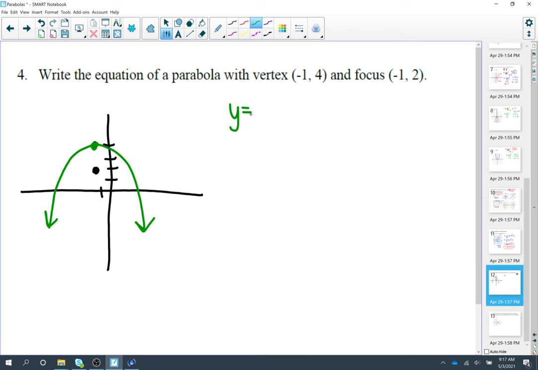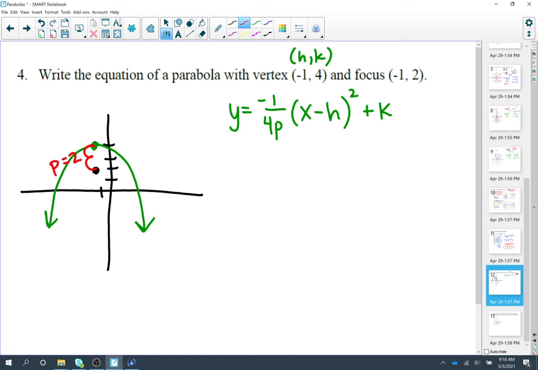Then, because it's pointing down, we know it has to be a negative 1 over 4p. And then because the y is on the left, x minus, x always goes with the h value. So that's what we've got. We know that the vertex is at (-1, 4), so this is your h, that's your k. So then the last thing we're going to need is our p-value. P is from your vertex to your focus, or from your vertex to your directrix,